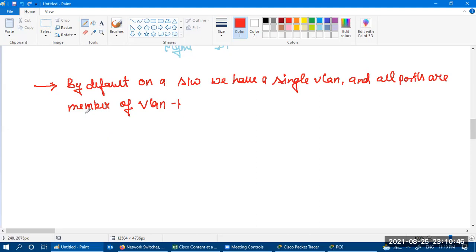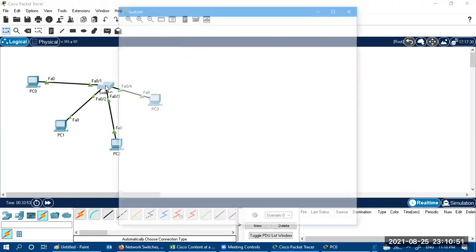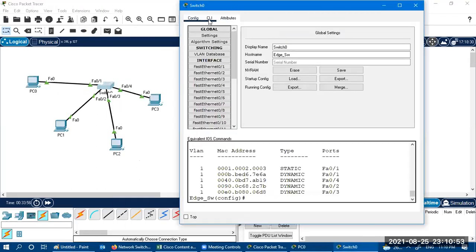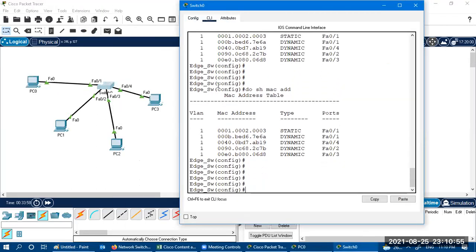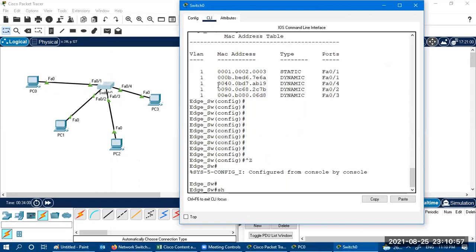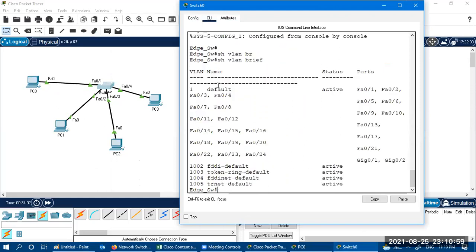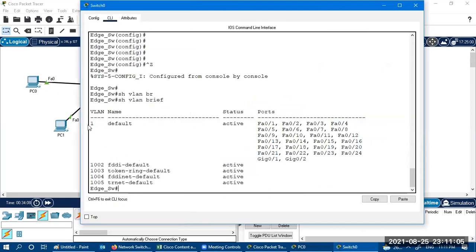So all ports are members of VLAN 1. Let me show you. So this is our switch CLI. Then you have to say show vlan brief. This is a command to check the number of VLANs. You can see I didn't configure anything. I have made configuration, but that is for a different purpose.